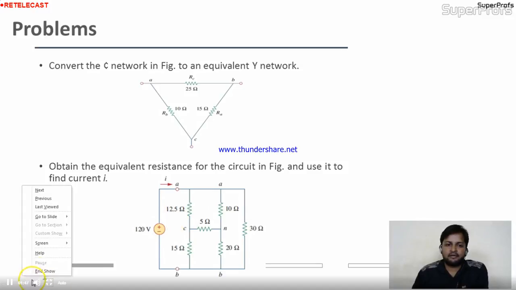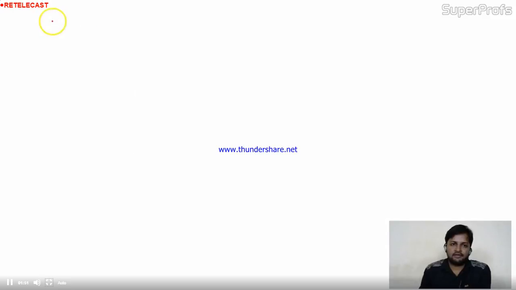Come to this circuit, I'm drawing it on the blank page over here. Our question is, we have to find out the R equivalent as well as the current in the circuit, and the given circuit is